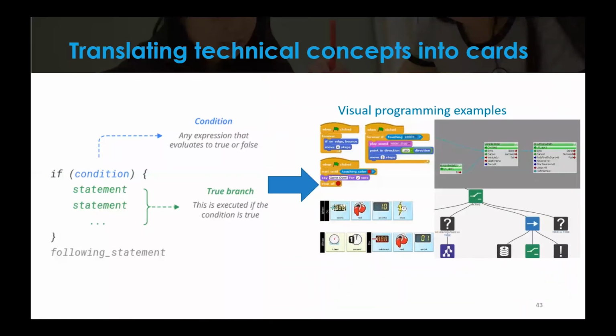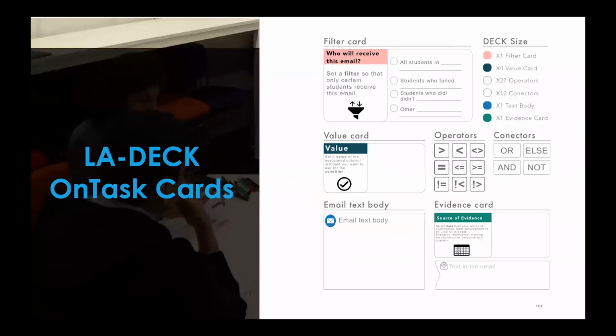We wanted to take the concept of how coding actually looks and make it an example of visual programming, to break this into the most useful components without using the language of what a condition looks like. So we produced different cards that use this visual programming approach to produce the rules without using the language of coding. But we realized that the language plays a very important role.